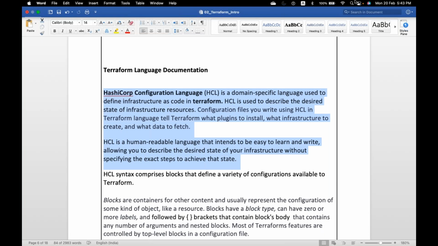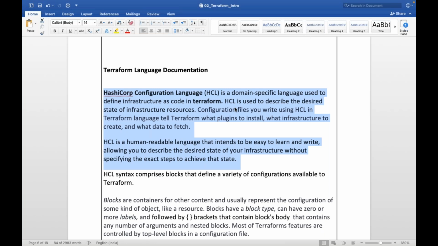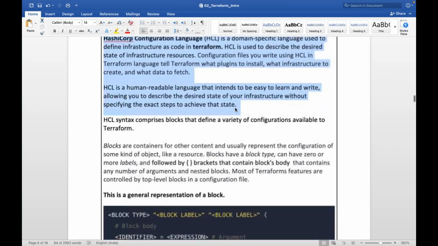Before I proceed, now let's understand the syntax of HCL.